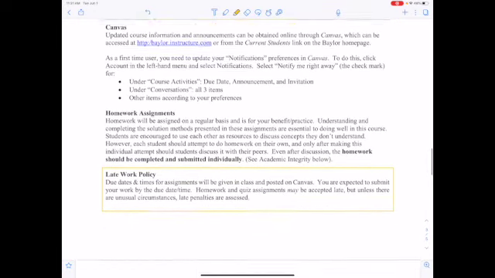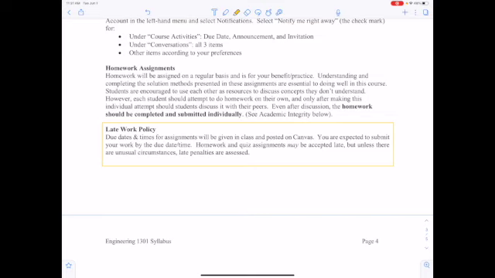Okay, skipping on down here, late work policy. I have some flexibility with late work. I'd rather you keep up on time, but if you're off by a day or 2, we can let that happen. There's going to be a penalty associated with that unless you have an advanced excuse about why you might have something late. So if something comes up and you're not able to complete an assignment on time, you need to check in with us, and otherwise you'll have some flexibility with the due dates, but there'll be a penalty associated with that.